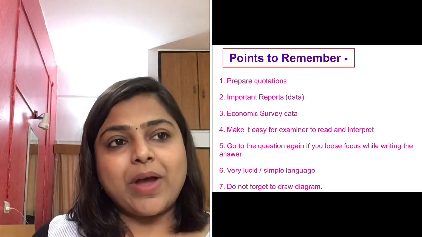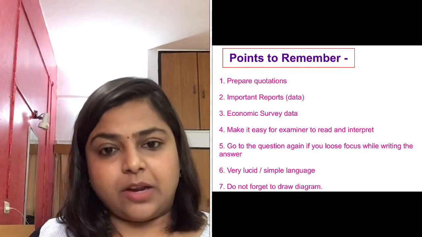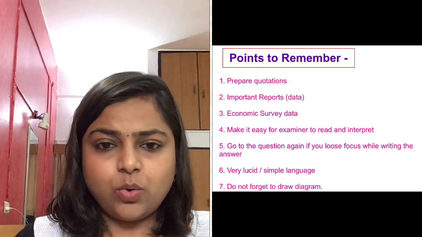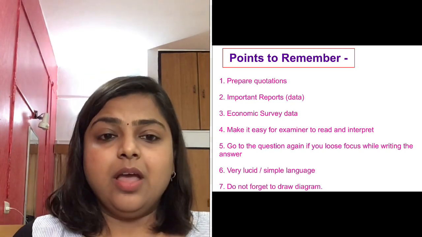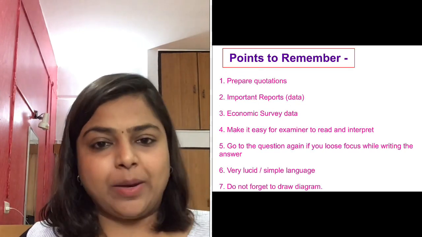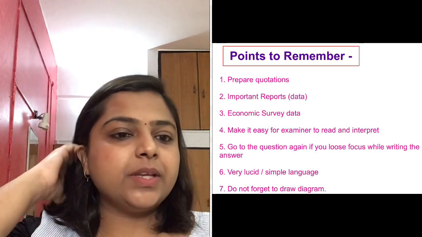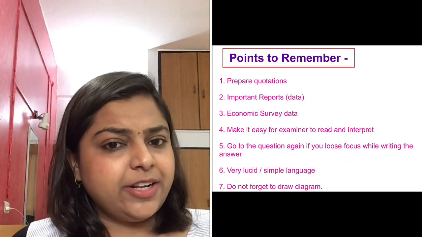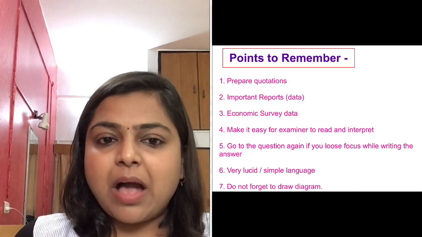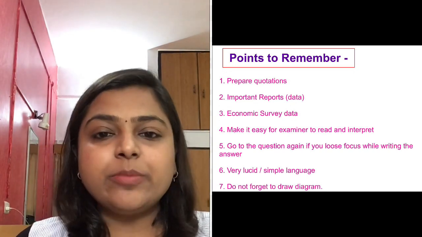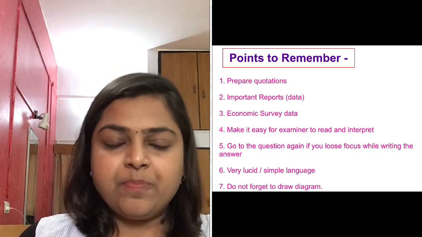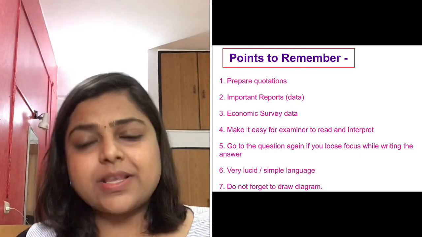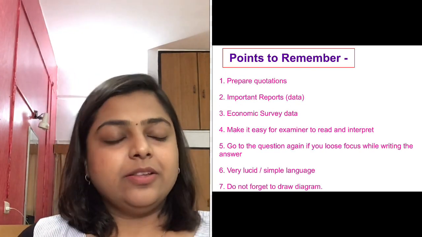And one more important thing is the economic survey. So don't read the whole economic survey; go through it once and try to take out the data from there which you think will be beneficial for your answers and jot it down in one place. Or there are many summaries which many institutes and faculties are coming up with. You can easily get them in the market, or you can download them, or you can read the economic survey yourself to gain that data. So these two are very important: the government reports, the international organization reports, and the data given in the economic survey. This you should use.